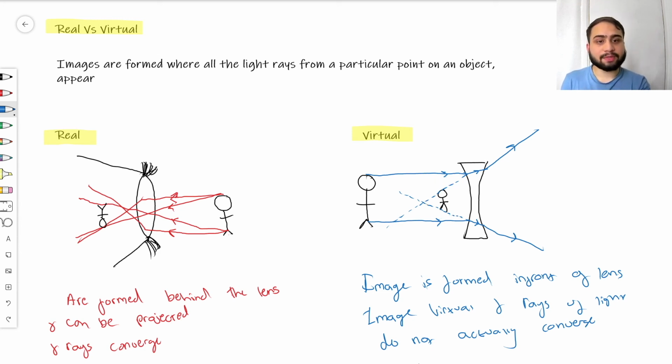Virtual images also have a common example, which is a mirror. If we have a mirror here, and a stickman standing here, and he's looking at his reflection